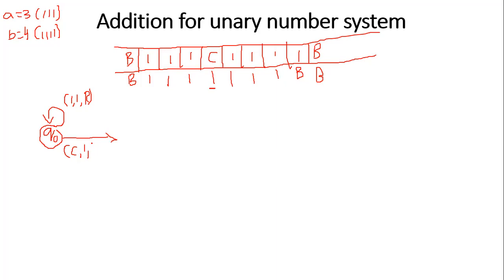We are changing this C to 1 to make sure that we are getting consecutive ones. After changing C to 1, what to do for the remaining ones? You have to keep the remaining ones as it is until the end of the string.